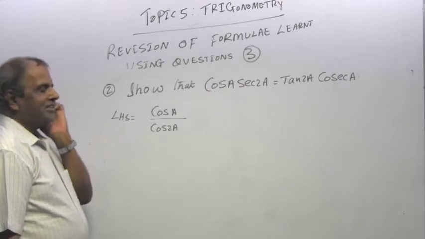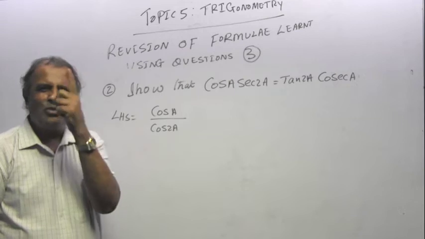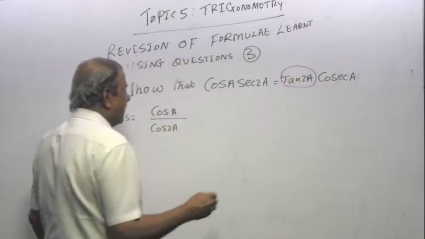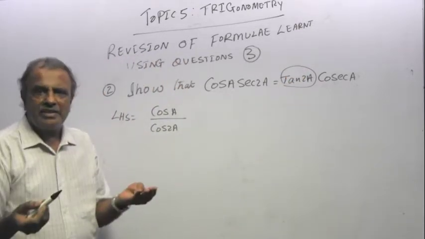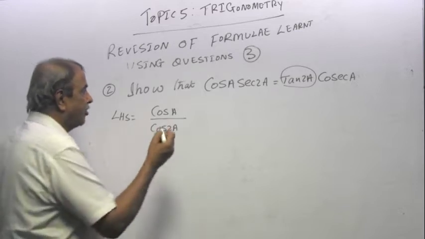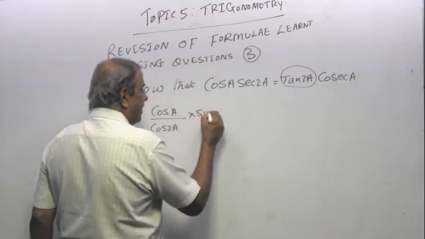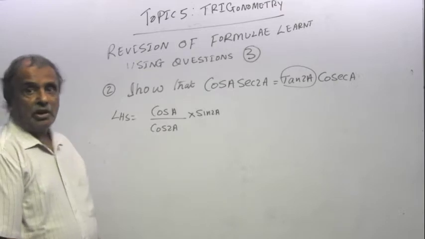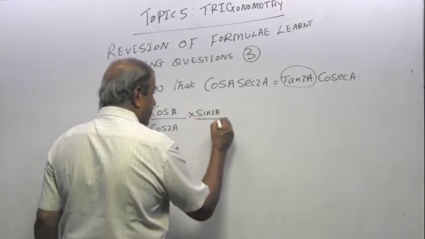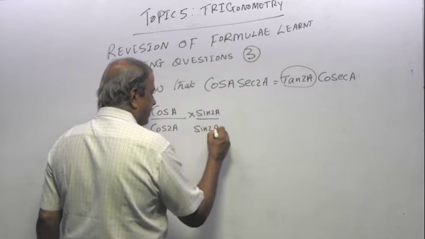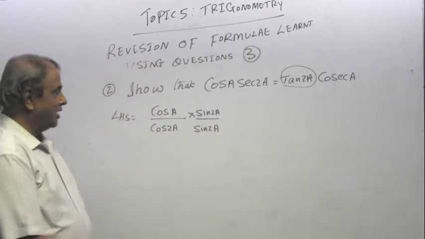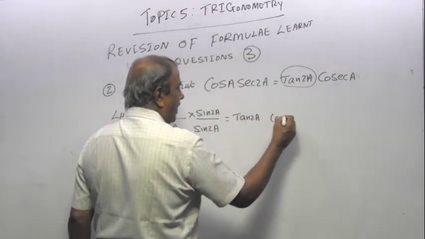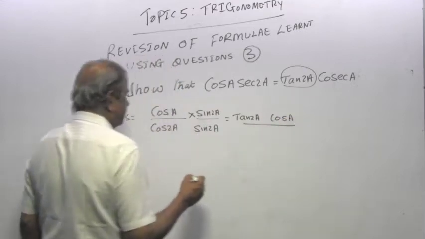Now, this is where a bit of thinking and you get the answer in one step. Look, to get tan 2A, I need a sin 2A, correct? I have a cos 2A, so I will forcibly bring a sin 2A. But that will change the question. So if I multiply by sin 2A, I must divide by sin 2A. Now what is sin over cos? Tan 2A cos A over